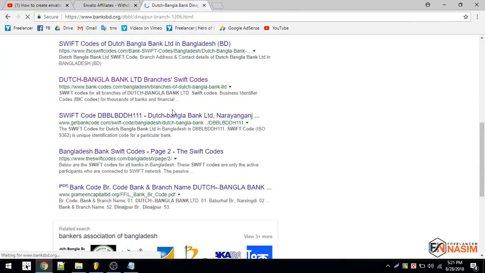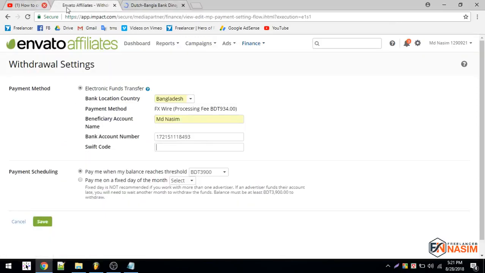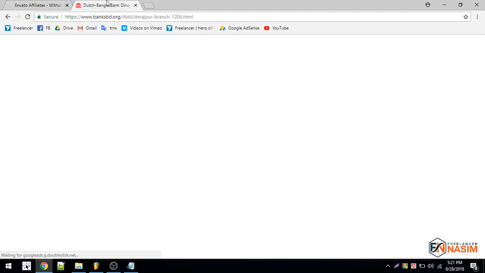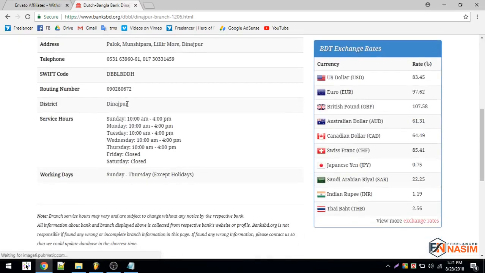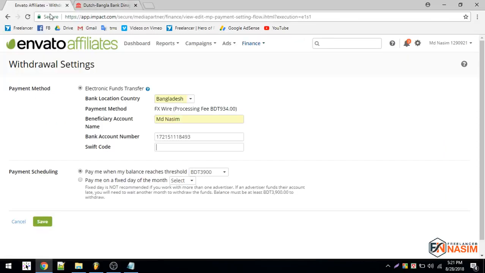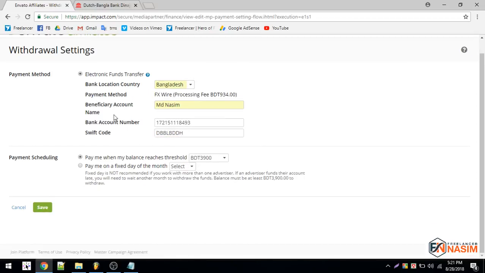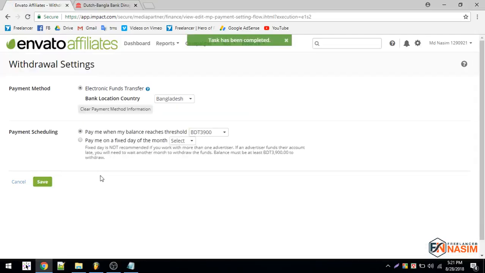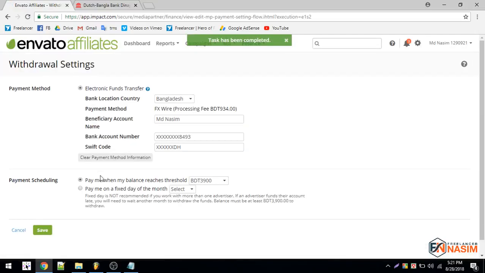Network problem. So after getting approved, they want you to do the setting of your withdraw, because this will be, got it. Here's the Swift code. Copy and then paste here. Done. So my bank is getting connected right now. Save it. Okay, my bank account has been connected with